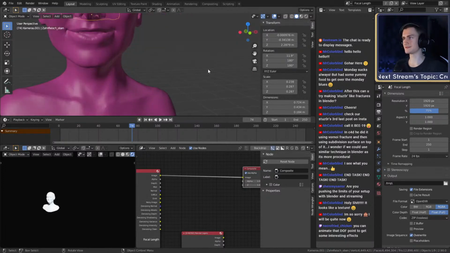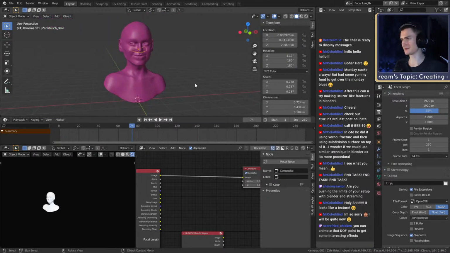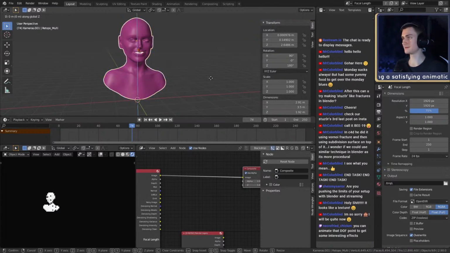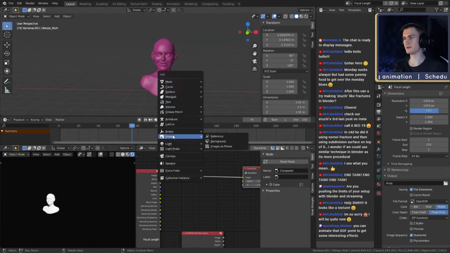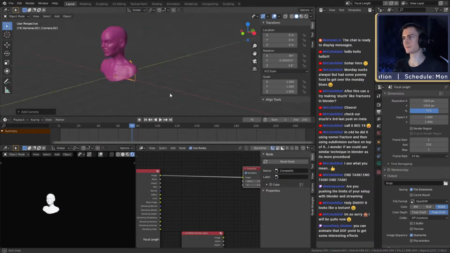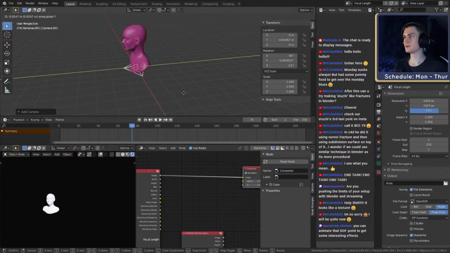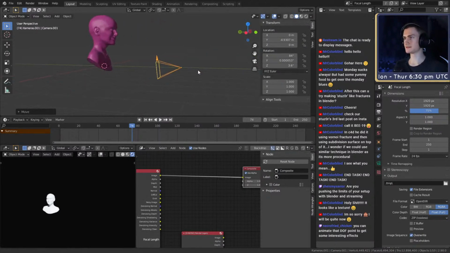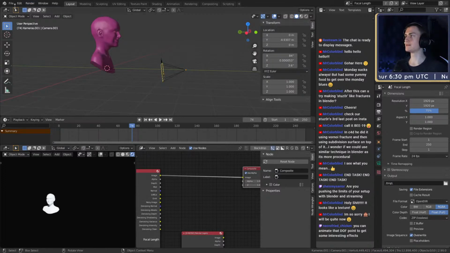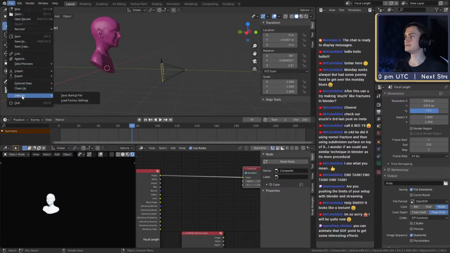So what is that? Oh, that's her teeth, because I pulled down the model. Okay, so what I wanted to show though is if we bring back the camera, what I probably will do at some point is set up my camera rig, and then you can say file, defaults, save startup file.